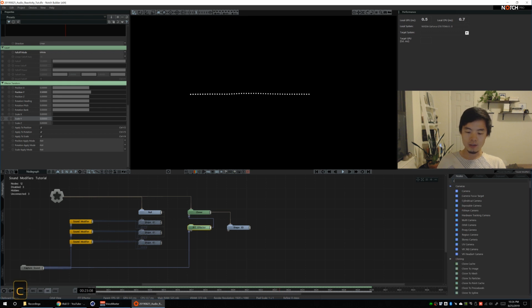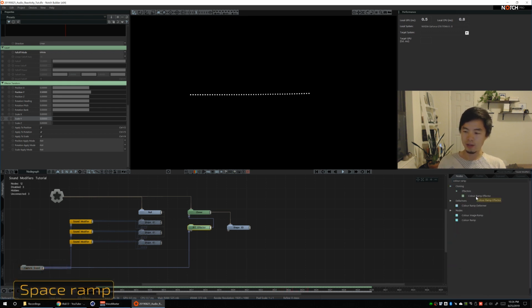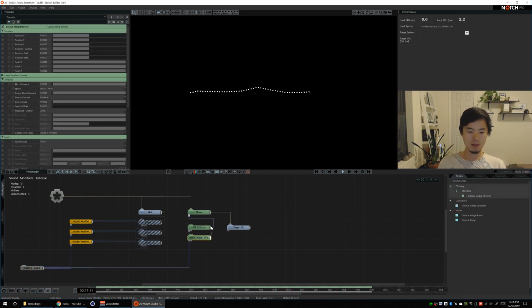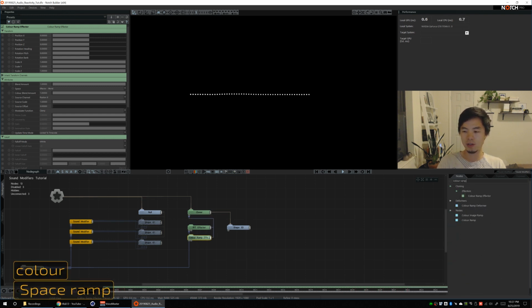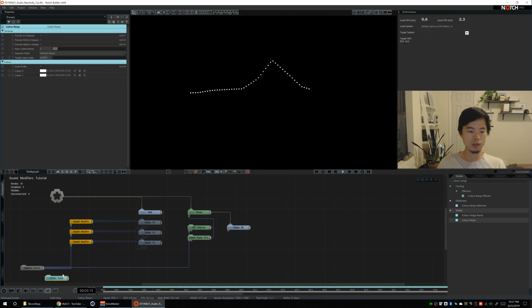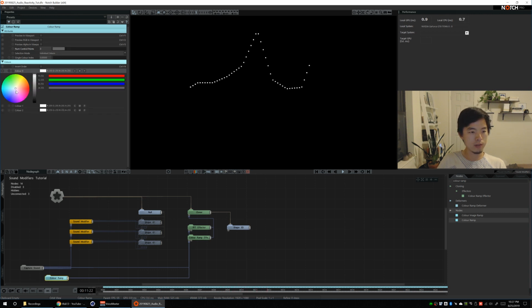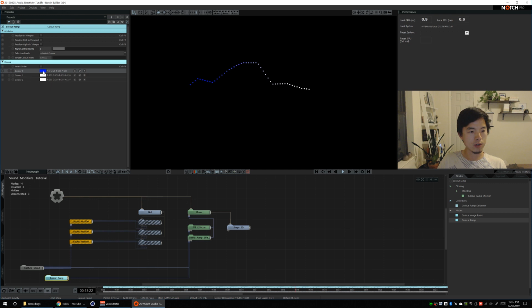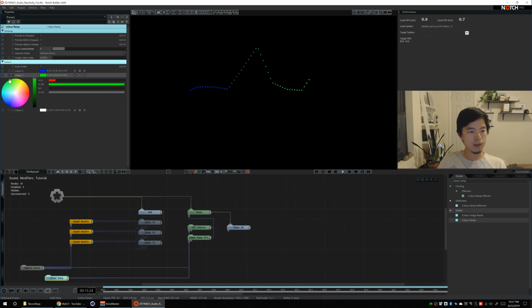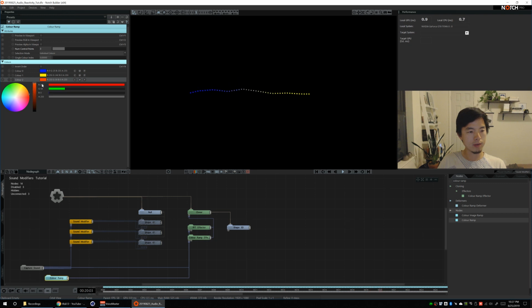And I also like to give them a little flair by adding a color ramp effector, probably my favorite effector, and giving it a color ramp so that we can color the clones based on where they are in position Y. So it's a good way of adding that sort of color control to a graphic EQ. So I'm gonna pick, I don't know, let's do 3 colors here. We'll start with like a dark blue, and then get into a yellow maybe, and then we'll redline it with